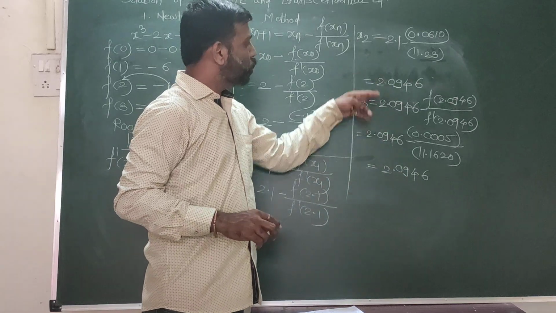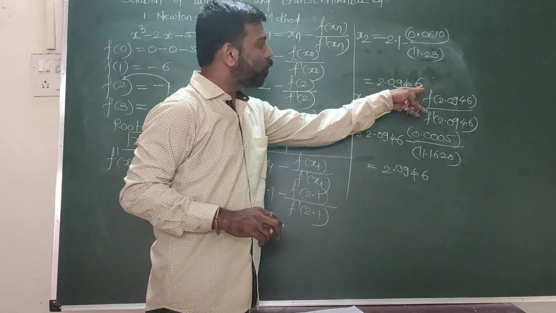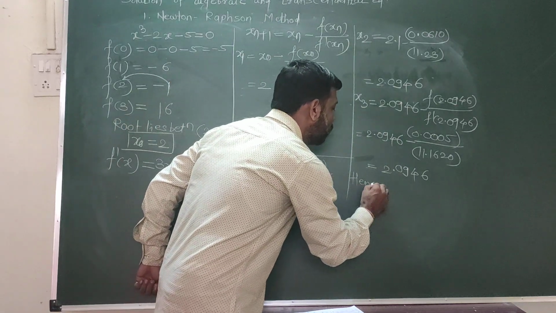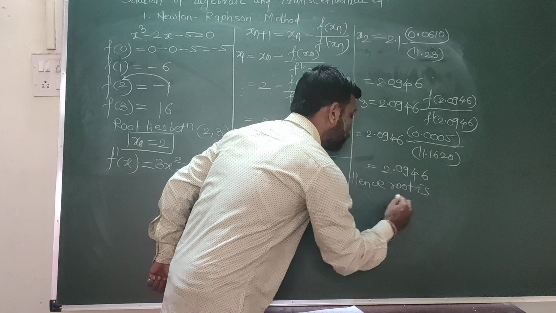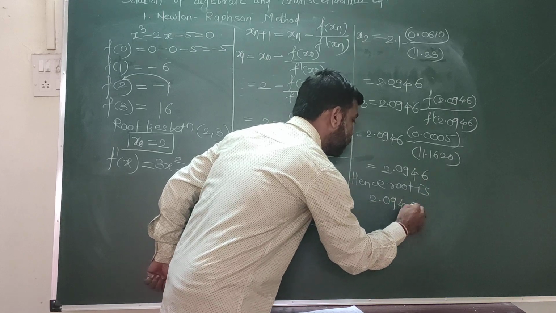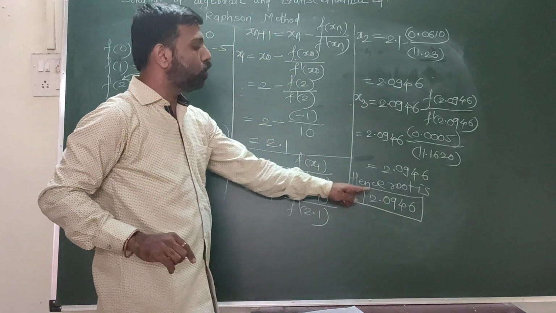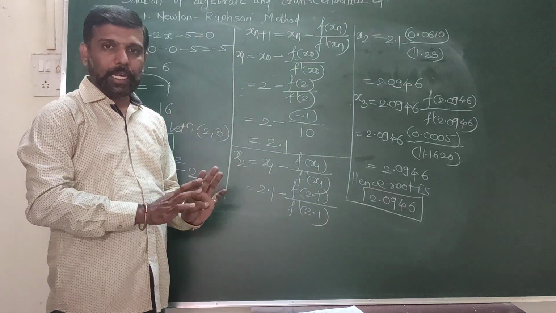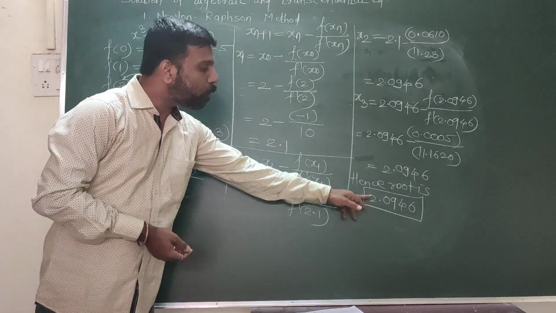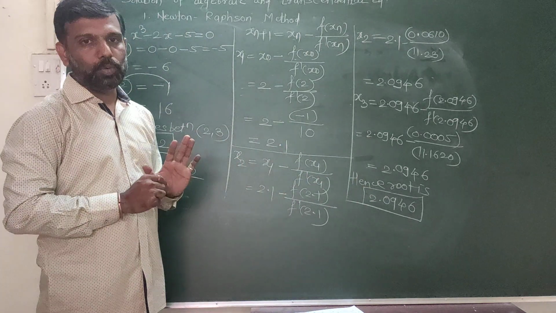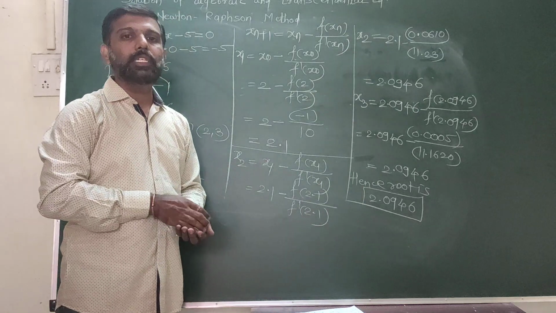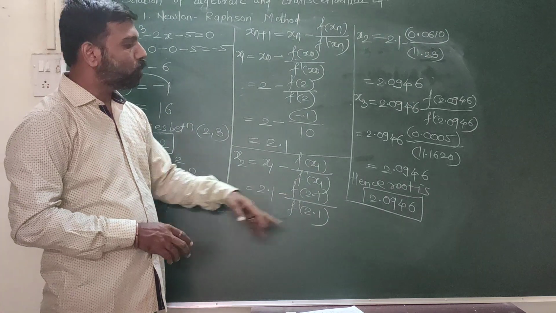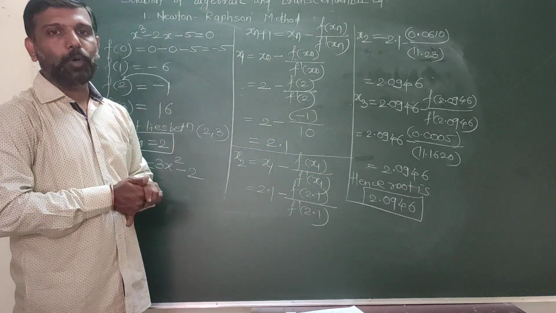2.0946. Now we compare these two values. See here, approximately for 4 decimal places, these two values are the same. So we conclude here, hence the root is 2.0946. So this is the root of this given polynomial. The root we find is a real number, and this is the approximate value of that root. This is not an exact value, this is an approximate value, because we corrected up to 4 decimal places. So this is one of the roots of this given polynomial.